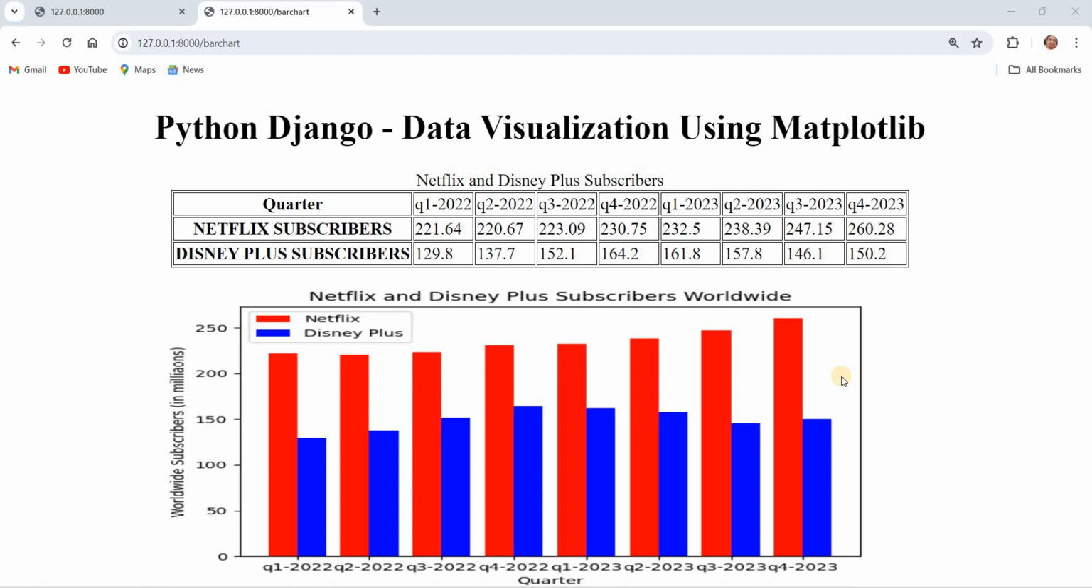In this series, we are working with Python Django data visualization using the Matplotlib library. In today's lesson, we will learn how to create a bar chart so that we can analyze any given data series. We have taken an example, the data of the Netflix and Disney Plus subscribers worldwide for the past 2 years in each quarter. So how can we plot this into a bar chart so that the analysis becomes much